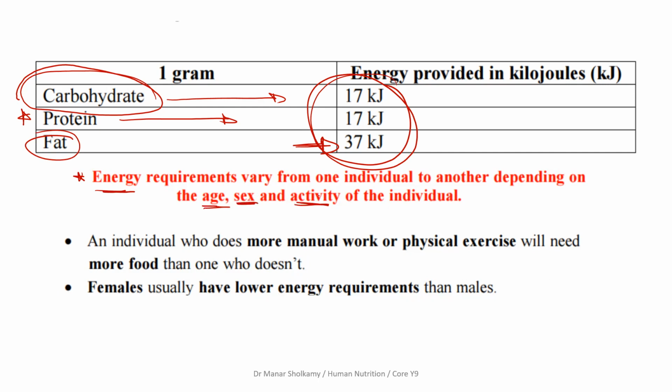Yes, Hadiyah? Why are carbohydrates broken down first if they contain the same amount of energy? Carbohydrates are needed for energy. They don't have any other function. Proteins are needed for other important things. They make muscles, cell membranes, hormones, and enzymes. All the organs in your body are made up of protein. So proteins are needed for other things. We will break down protein only when the carbohydrates are completely finished.